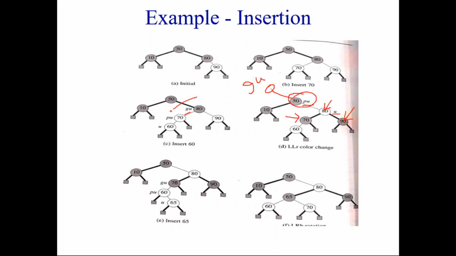Say for example, you take this particular subtree alone, you leave these two things. Here, if you see 60, you are adding a new node. So after adding a new node, there is an imbalance. And what is the parent's sibling? It is red in color.